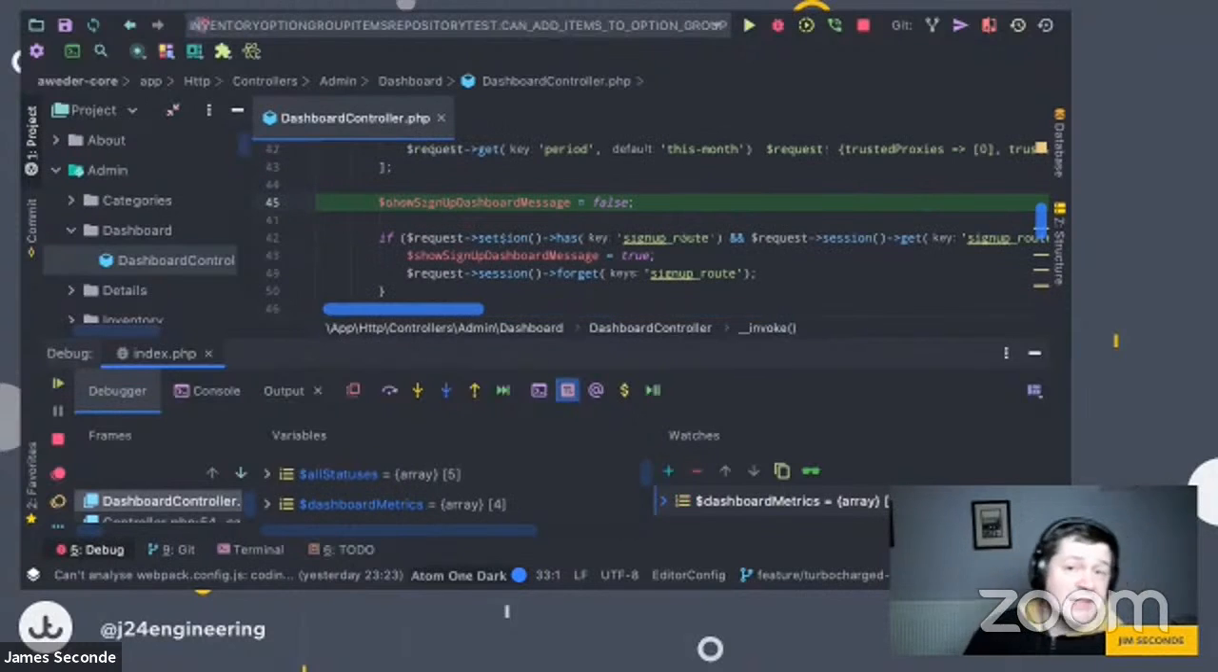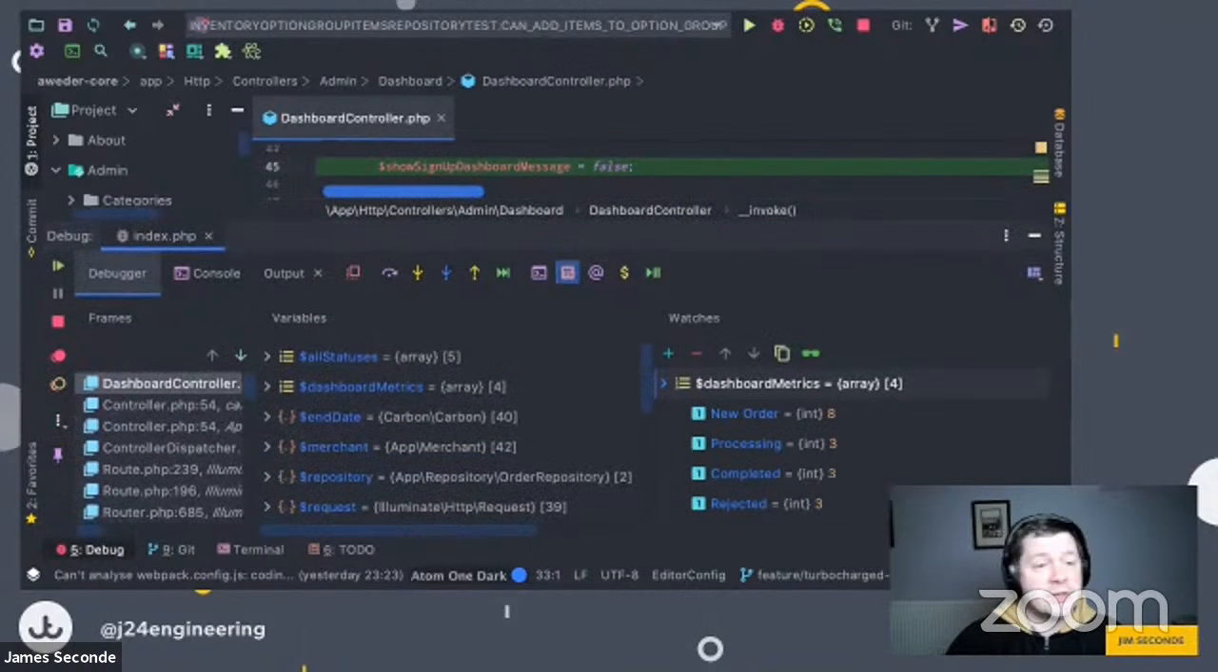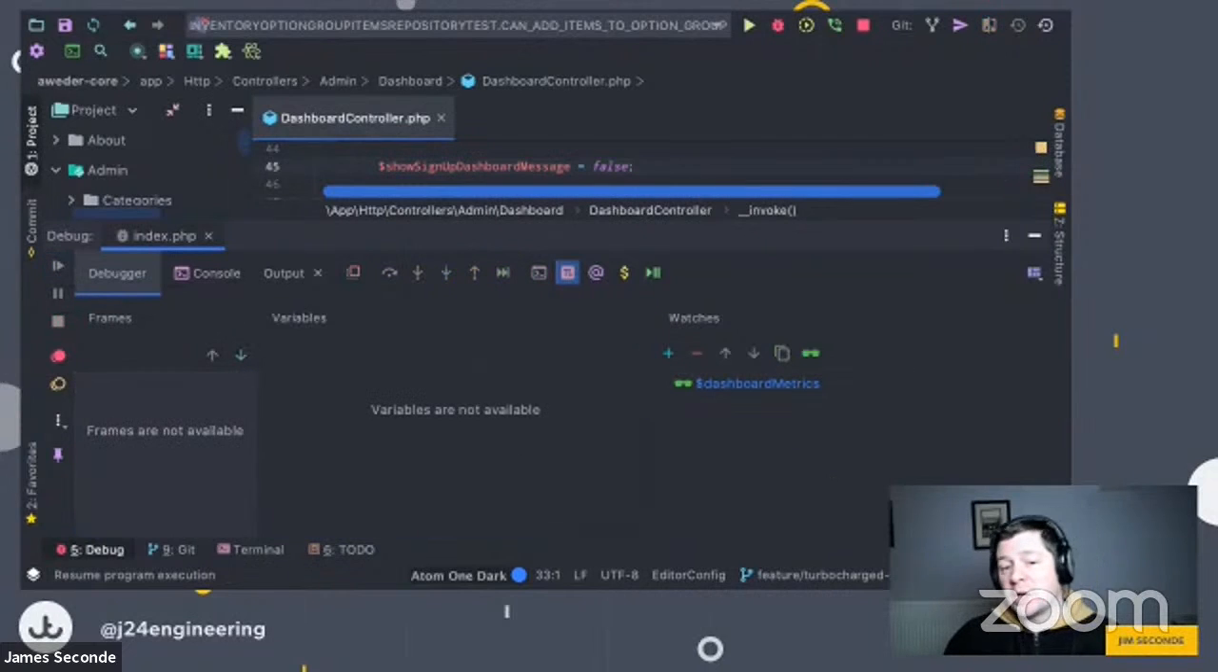And dashboard metrics is now an array of 4. So I'm going to show you what that is. It's an array of 4, and the 4 keys are new order, processing, completed, rejected. And there we go. And the values are 83333. And I'm going to use this button here, which is resume program execution, which enables you to finish your session and runtime is finished. So if I go to the app